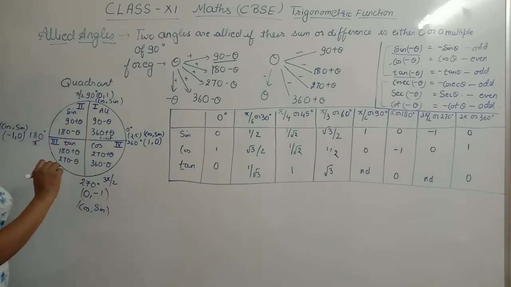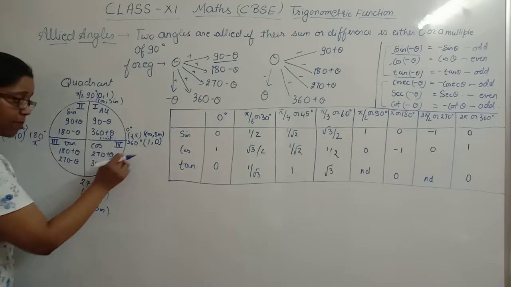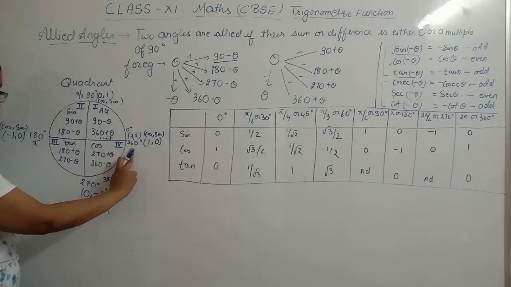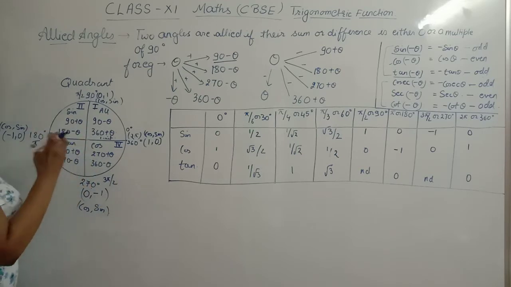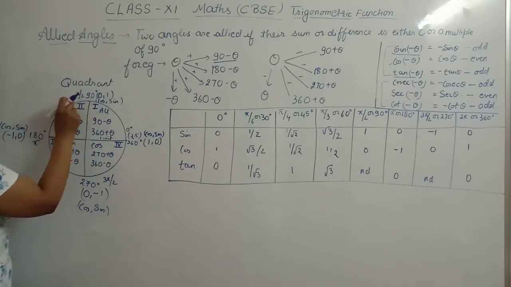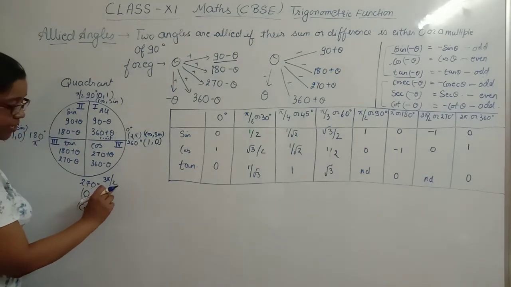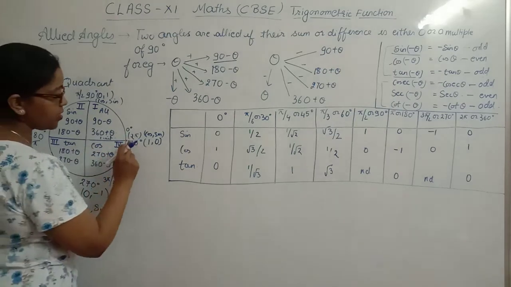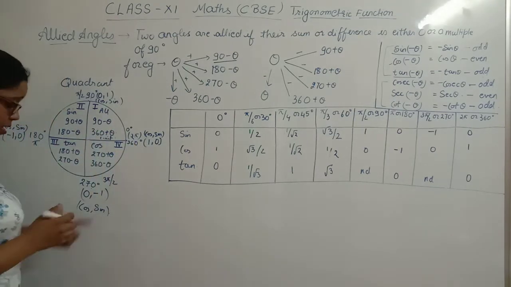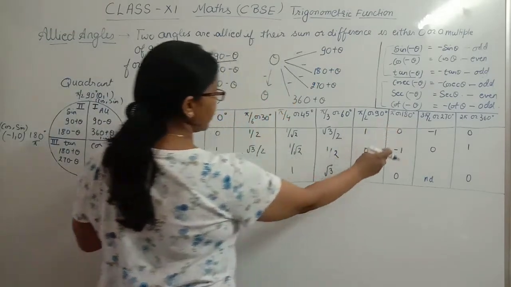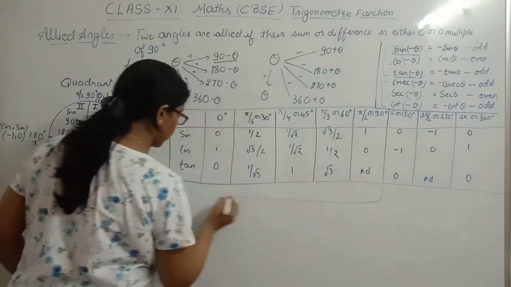Okay. Now when you are coming back to the same point, this is the 360 degree, that is the complete angle. Now in radian form, 90 can be written as pi by 2. This you might have already learned. 180 can be written as pi, 270 will be written as 3 pi by 2 and 360 will be written as 2 pi.